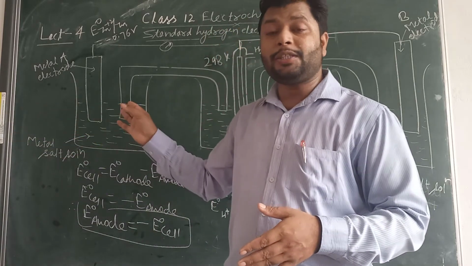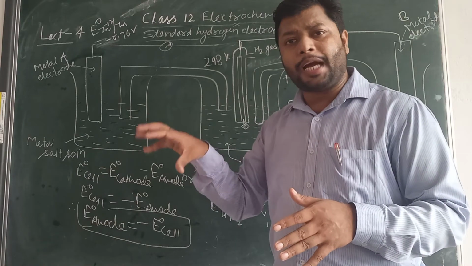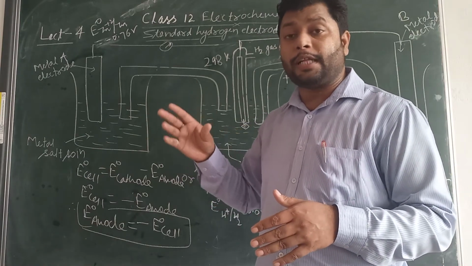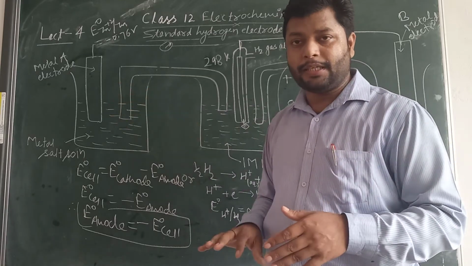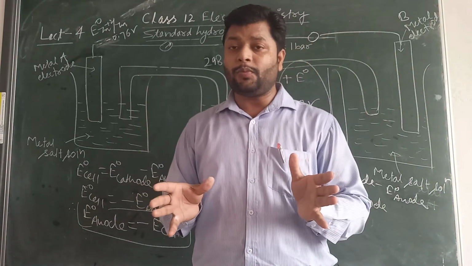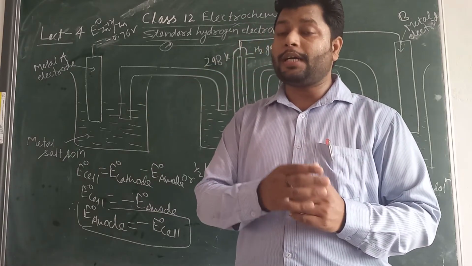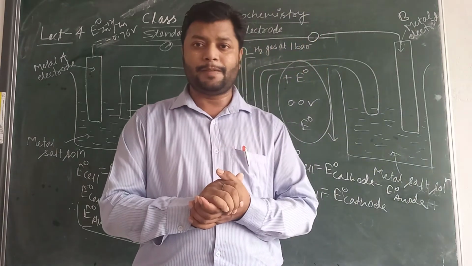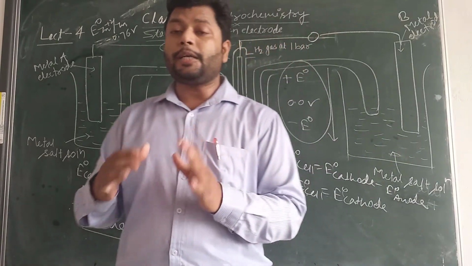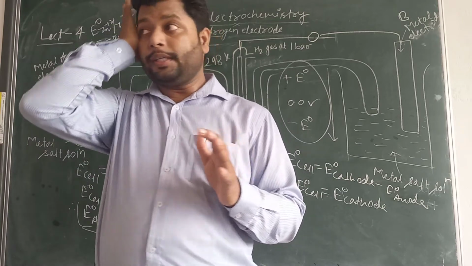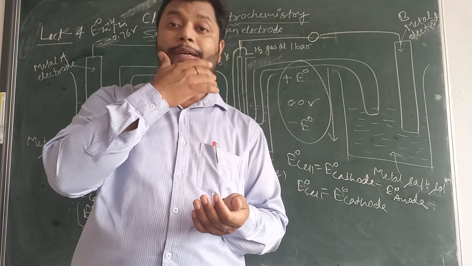But zinc, iron, sodium, potassium, chromium, manganese, magnesium, calcium, all these have a tendency to release their electrons. They can displace hydrogen from the acid because of the same possibility. So all these applications we will discuss in the next session during our discussion of the electrochemical series. After all these terms, we will discuss the electrochemical series. Now the time is coming for the discussion of the electrochemical series.